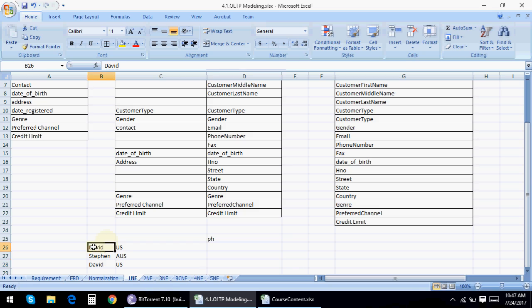So are these records representing three different objects? Yes. There is one guy, David, who is from US. There is one more guy, David, from US.